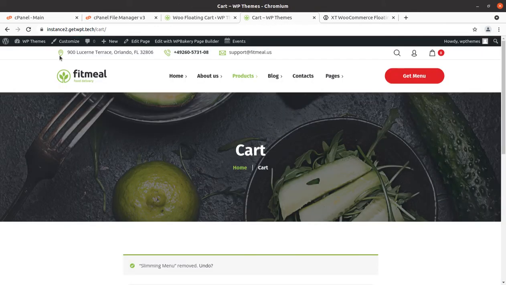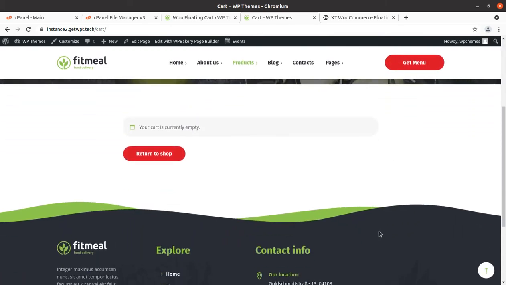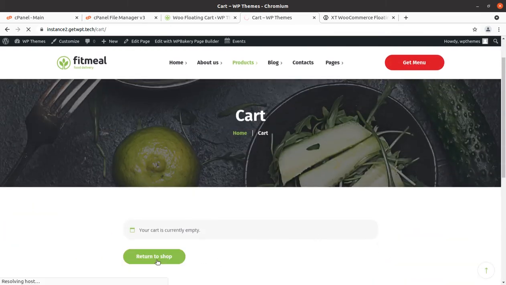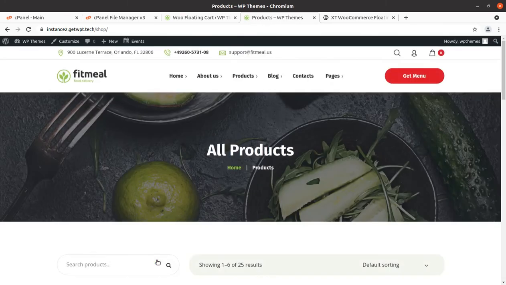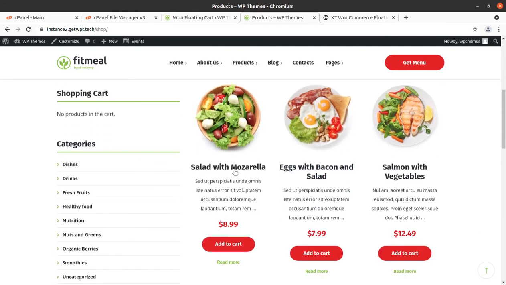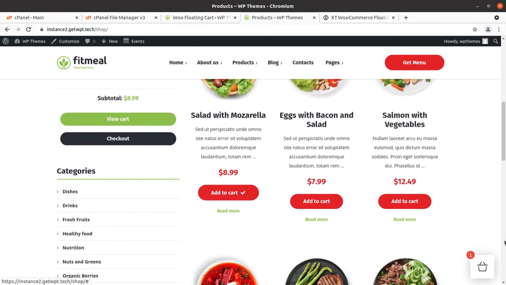I'll simply refresh this page. Hope it really works for me. We don't have anything in our cart, so let us add a product first. I'm adding this salad with mozzarella and clicking add to cart. Okay, so we got this floating cart, and it is very simple.